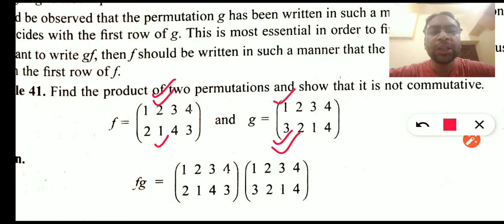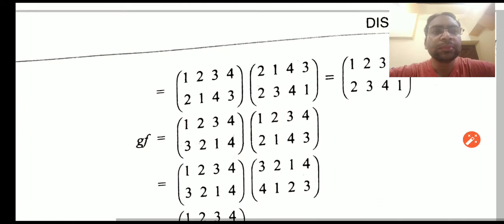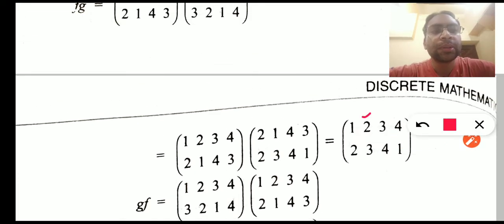Okay, let me see the resultant. Okay, right, this is the resultant. So this is 2 to 3, right.